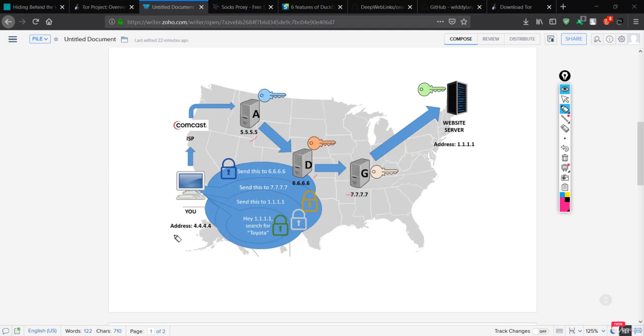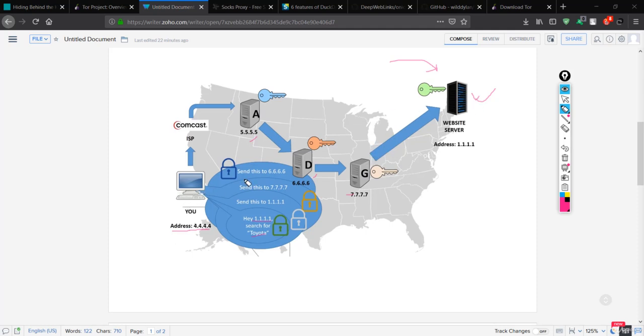So basically what happens now is, if you just give the address that is your IP address, let me show you the example. We are just going to search for maybe Toyota car in google.com, which has the IP address of 1.1.1.1. So you can see that the only thing that this server can track is your IP address and your data. This server, which is google.com, can just trace you back or get every information that you do on the internet.